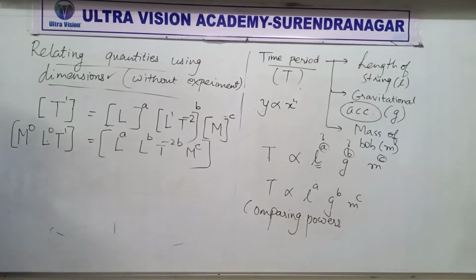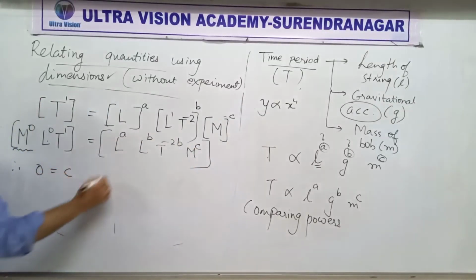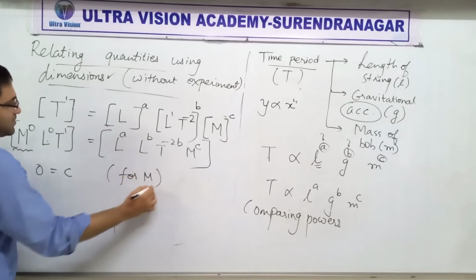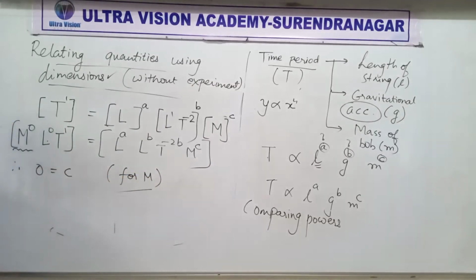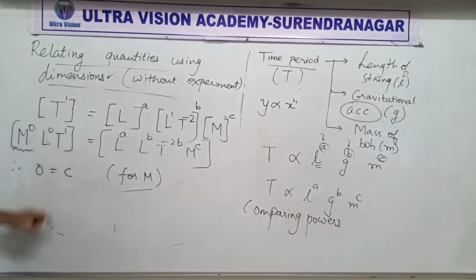Okay. So now we are in a good position to get the equation. This side, power 0 for m; we are comparing m. This side, power c. Did you understand? Raise your hand if you understood this line. We compared powers on both sides. Left side power for m is 0, right side power for m is c. Got it? Yes or no? Okay, fine. Put your hands down, everybody.